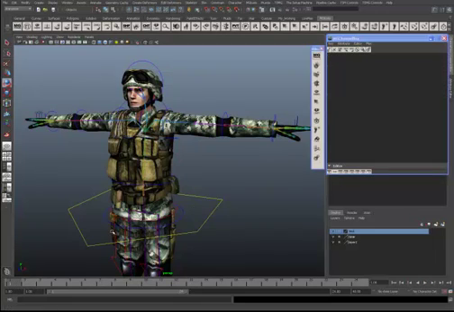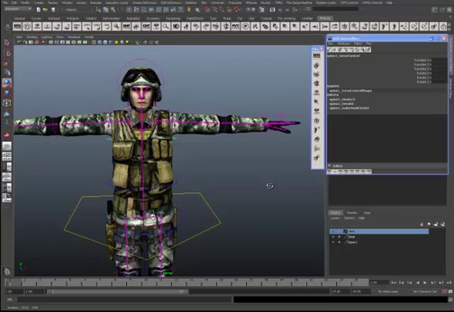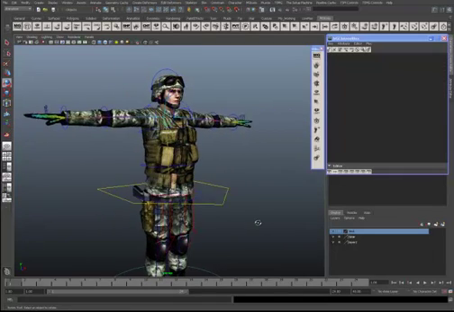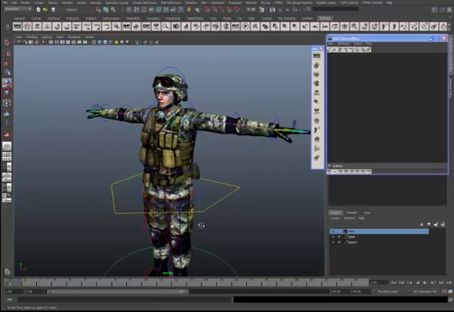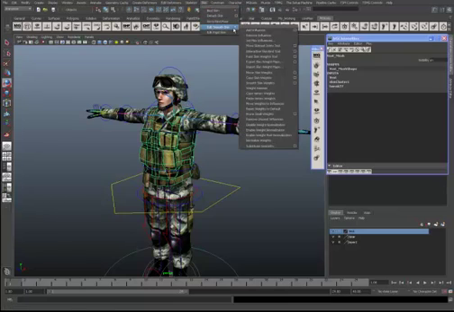Then if we scroll through and select that object, we see that there are no more keys in the timeline on that object. So that's basically how we go about painting weights. Now, if you select the object and go to Skin, Edit Smooth Skin, that's where you'll find your Paint Skin